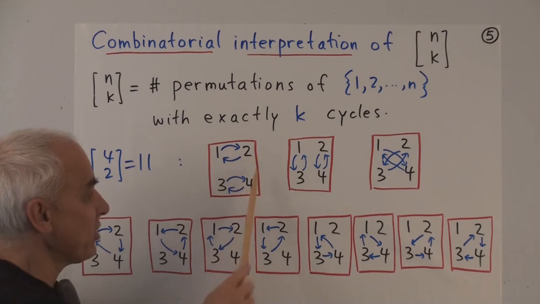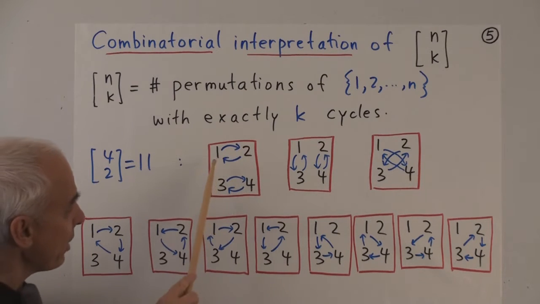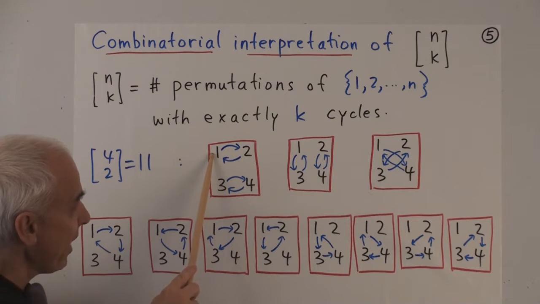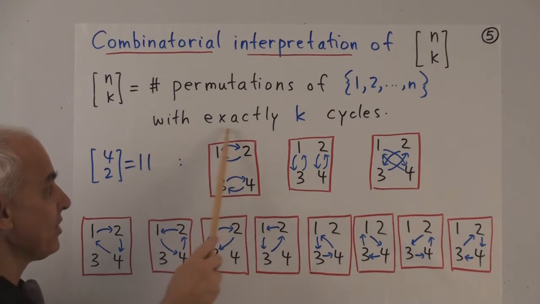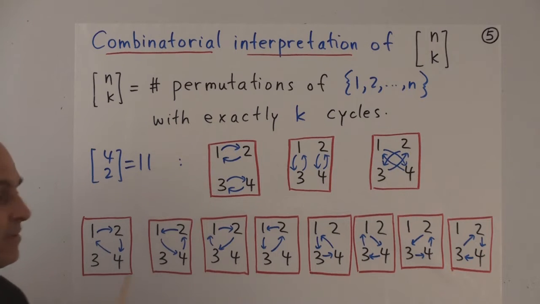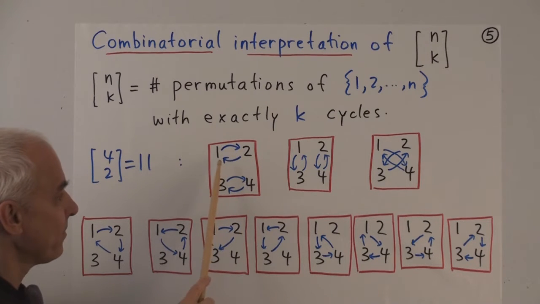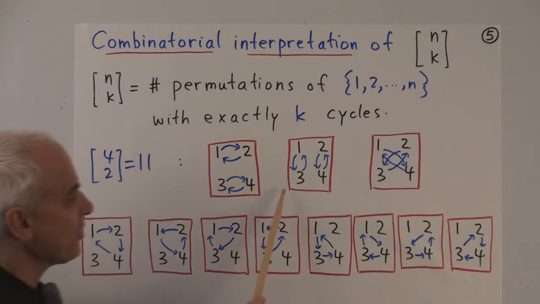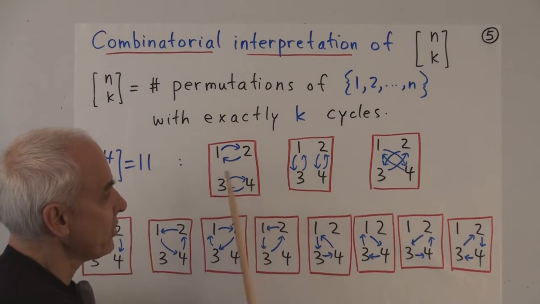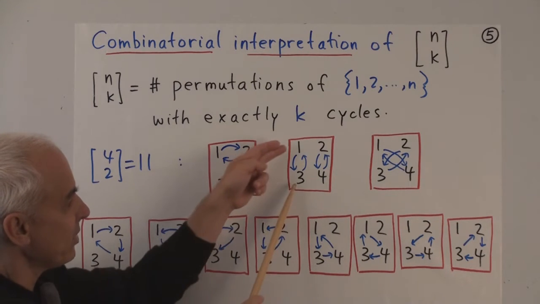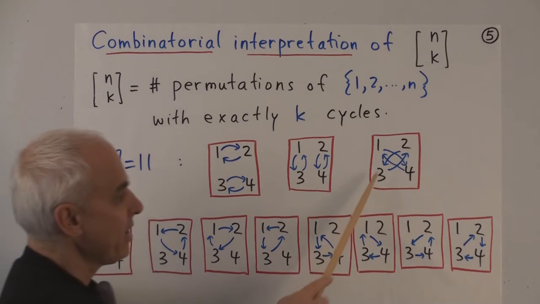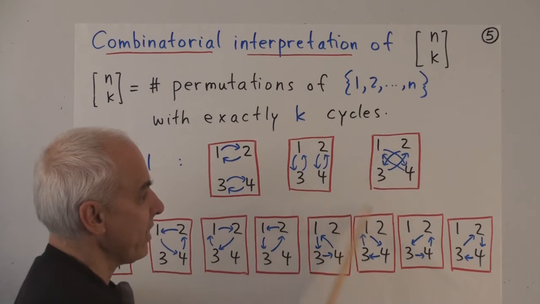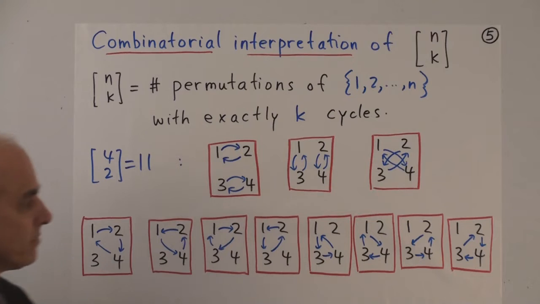And this is a permutation with 2 cycles. A cycle being what you get when you start with one person and see where that person would go, and then if you did it again, where would he go again, until you close back to where you start. Then that's called one cycle. So here there are exactly 2 cycles. Here's another permutation, a different one, which also has 2 cycles. We agree to interchange 1 and 3 and 2 and 4. Here's another one, interchange 1 and 4 and 2 and 3. That also has 2 cycles.